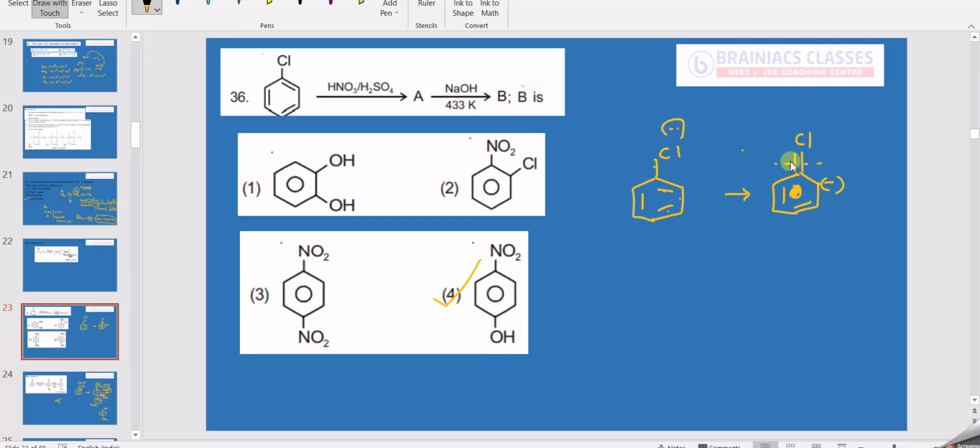In our textbook also it is mentioned that, but we know that nitration with HNO3 and H2SO4 is done in order to introduce NO2 plus at ortho-para position. So once NO2 comes there at ortho-para position, it is very easy to break the C-Cl bond. Why? The minus charge will come at para position, and the NO2 group, which is an electron withdrawing group, will easily acquire this minus charge. Thereby the electron cloud density that is present here will be reduced.